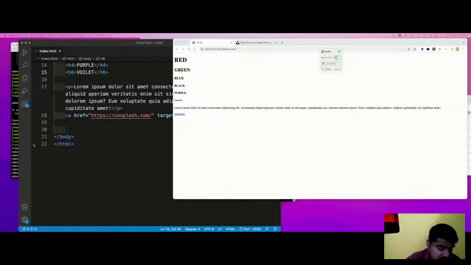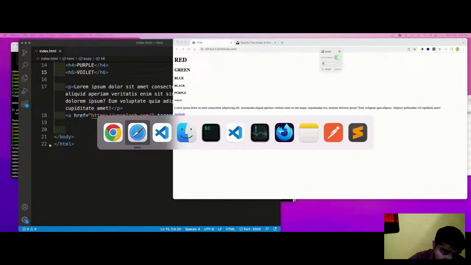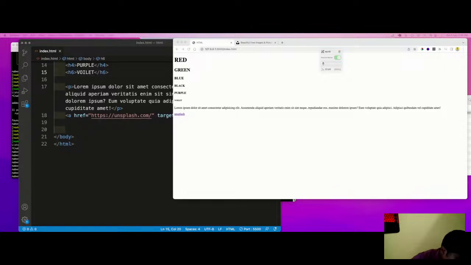Okay, so this is nothing but the anchor tag. Now, after the paragraph tag, anchor tag and header tag, we will see the next tag in HTML, which is called the list tag.